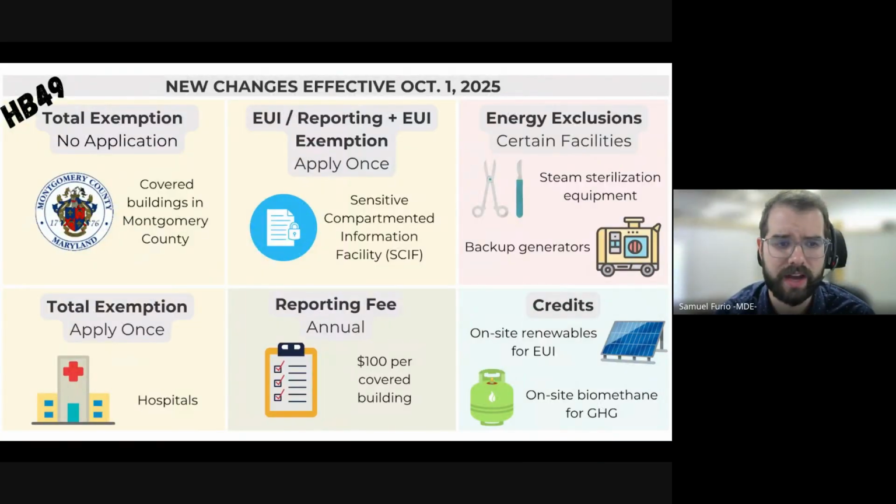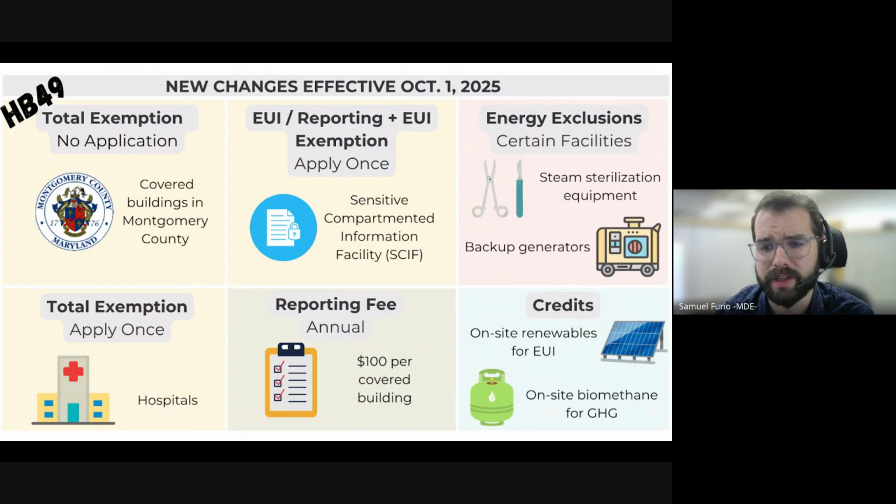I'm going to walk you through the high-level changes now, but buildings in Montgomery County, which has its own county BEPS program, are no longer required to participate in this statewide program. Covered buildings that have a SCIF, or a sensitive compartmented information facility, when operated by a defense agency, an intelligence agency, the U.S. General Services Administration, the state, or a contractor to such agency will be able to apply for exemption from the EUI targets.